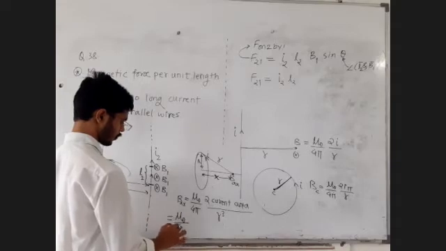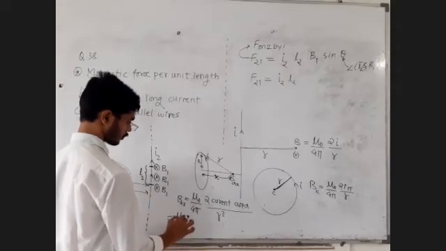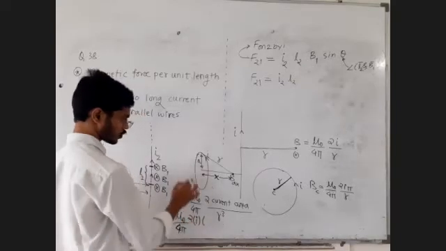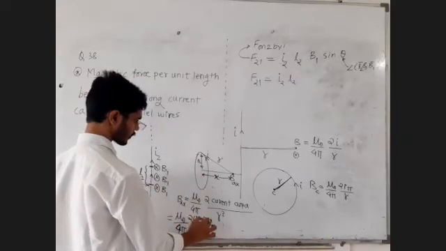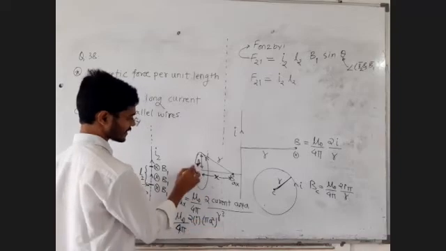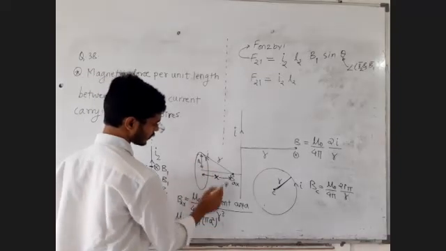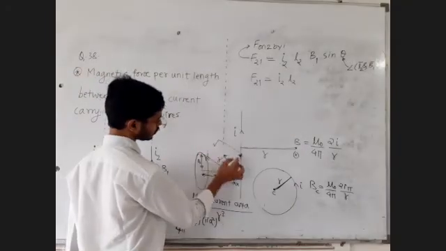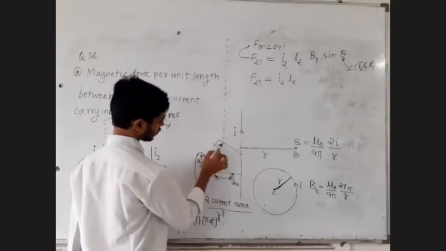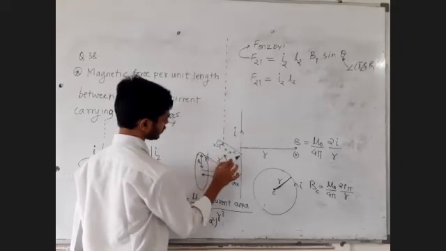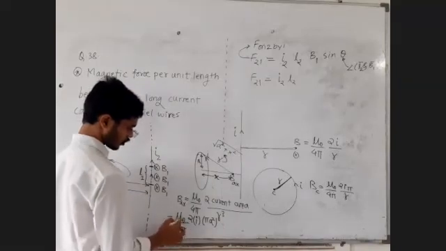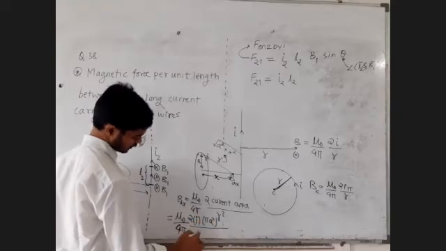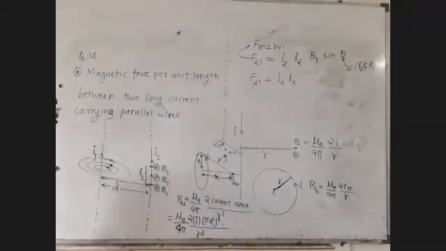μ0 upon 4 pi, 2 times, current is I, area of this coil is pi a square, where small a is the radius and small r is the oblique distance. This oblique distance you can very easily replace by Pythagoras: under root a square plus x square, as per the requirement. R cube is r cube as it is. So in this way you can reproduce all these three formulae.